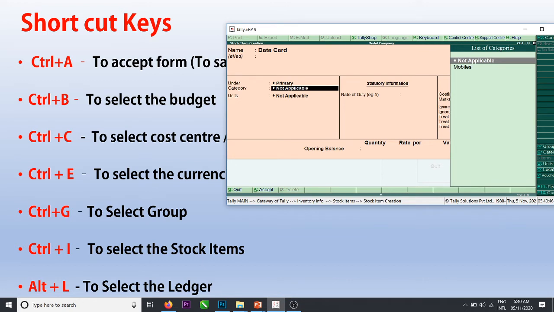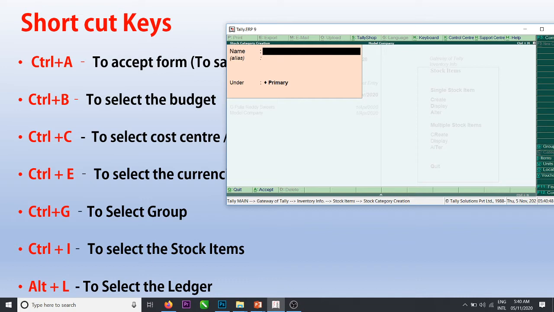Control C. Look at here, stock category creation. So accessory. Primary. Yes. Okay.